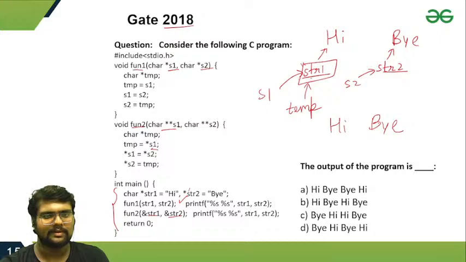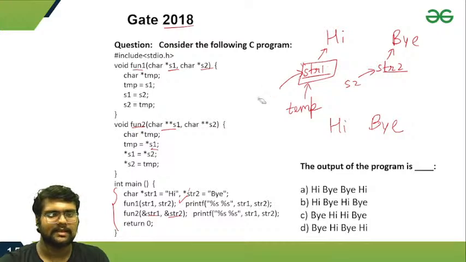In temp, this value will be there. Value of this means str1. Then we have str2. In str2, we are giving the value of str1. Okay, so the value of str1 is str2. We are giving the value of, so now str2 value will be, means it will be, so one second,